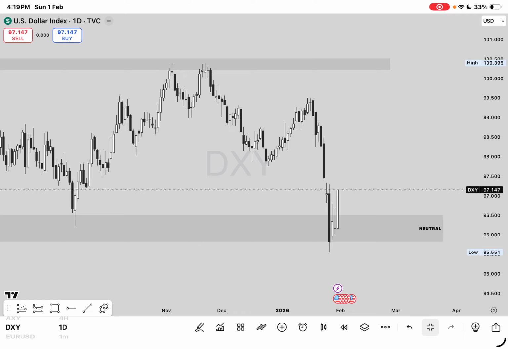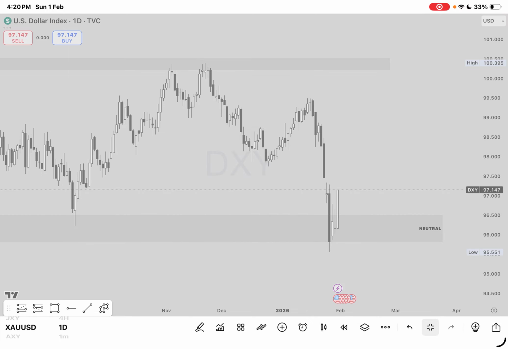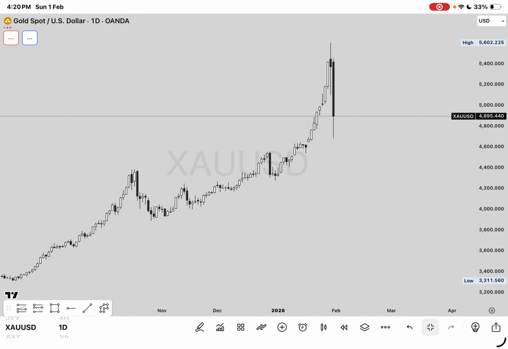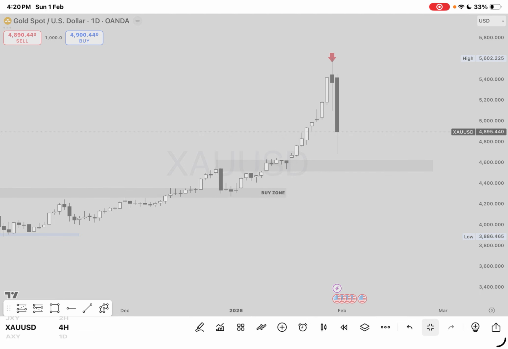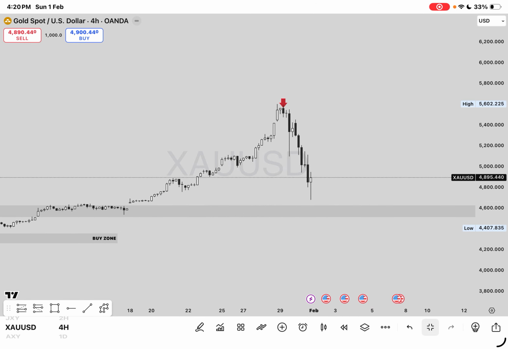Based on the fact that investors are expecting Trump to put in a new Fed chairman who is in support of bullish momentum in dollar, they have already started trading based on that expectation. In fundamentals, we trade based on expectations. Do you understand? And not only that, that was also the reason why gold sold massively. Let's look at gold a bit. I talked about this in yesterday's weekend class. Gold sold massively last week. Why? Because of the expectations of the new Fed chairman being in support of a bullish dollar.